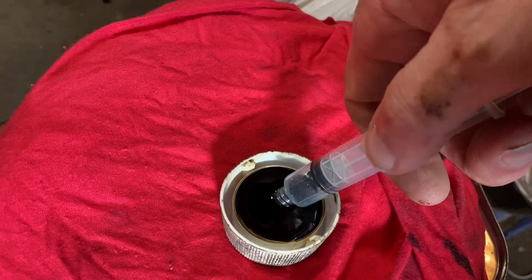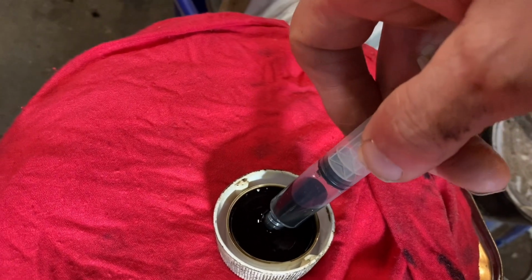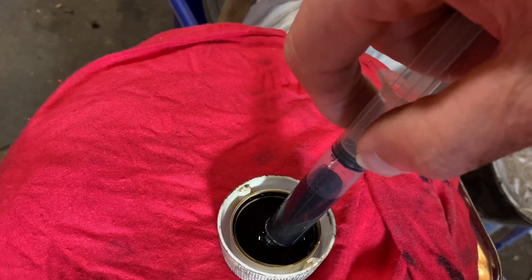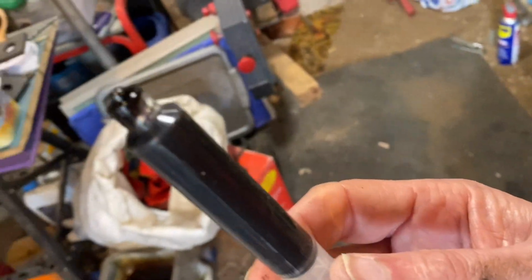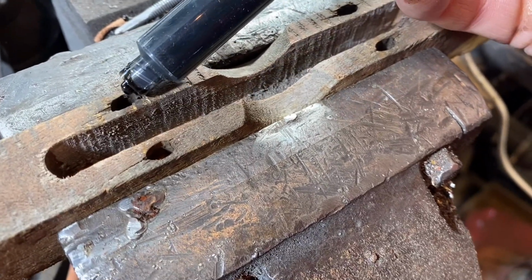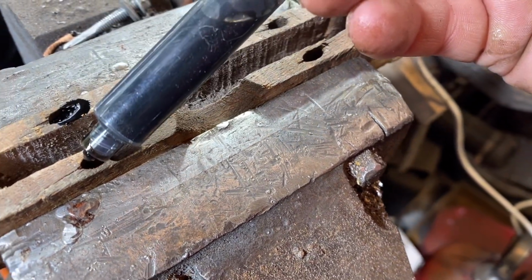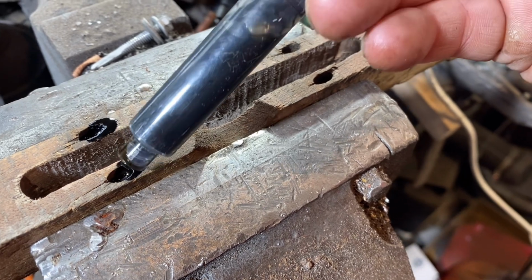So without making one hell of a mess, we've put a bit in the lid, haven't we? Let's suck some of this stuff up out of the lid. The black creosote. If you already know what I'm going to do, and it's really going to upset you, look away now. But that's the good thing of being in your own shed, doing your own thing. You can do exactly what you want to do. I'm not telling you this is the right way, but this is the way I'm going to do it. I'm going to just dribble some creosote in the hole. Now that's good stuff, creosote. I'm going to fill the holes with creosote